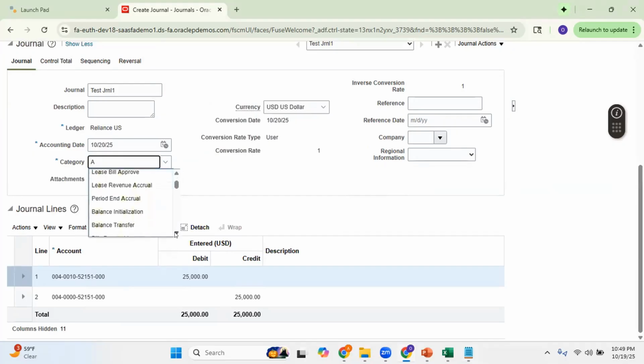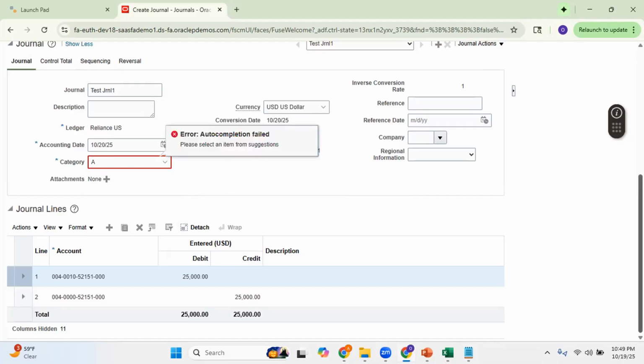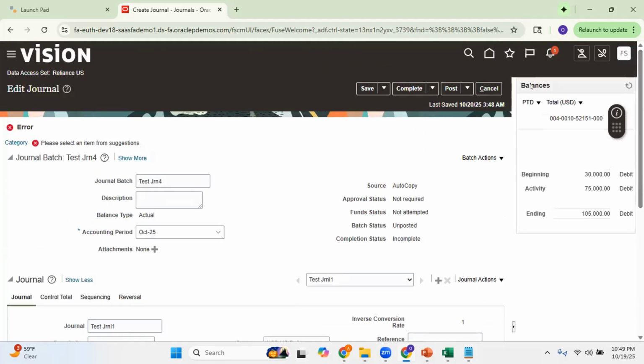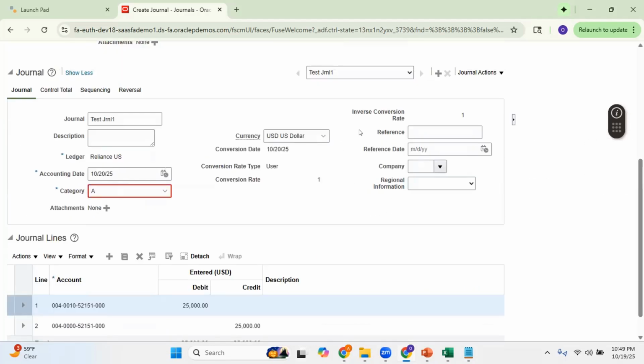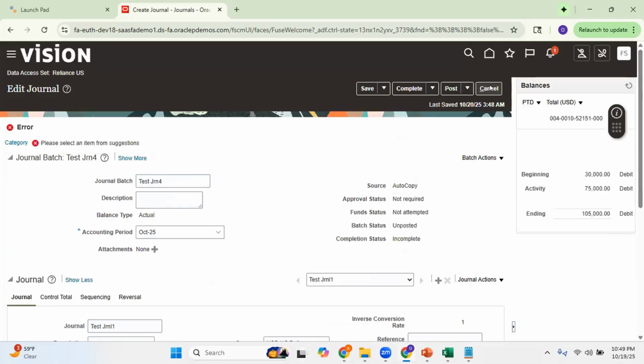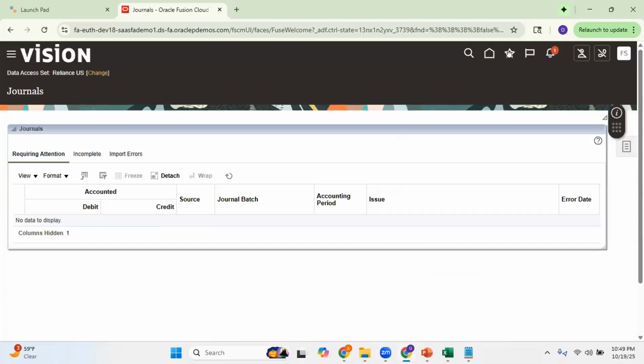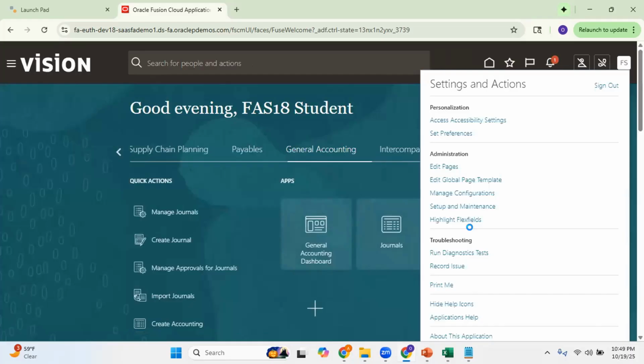Not sure of the reason why addition does not exist. So probably let us go back to our configurations and use some other category under our exclusions and start using that particular category here. So probably maybe EBS transfer. Let me again go back to the configurations and go to setup and maintenance,